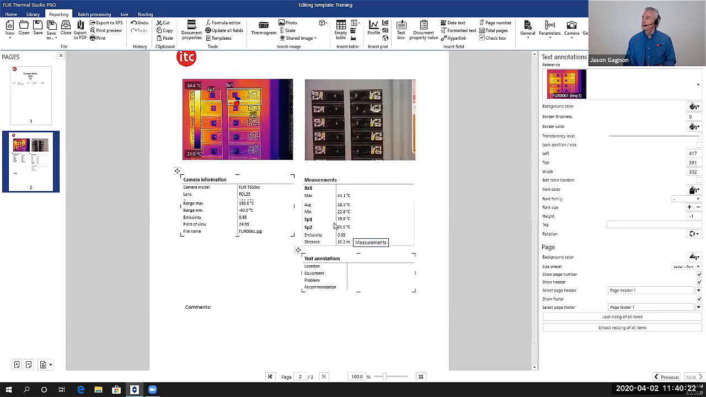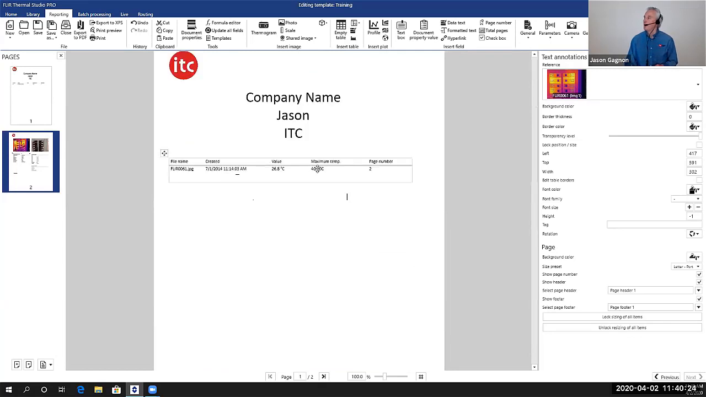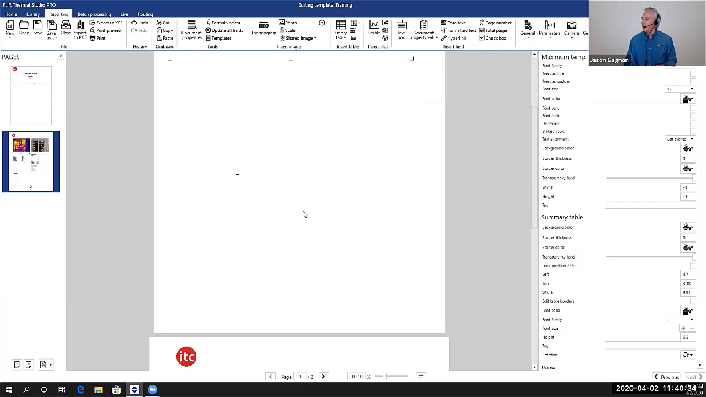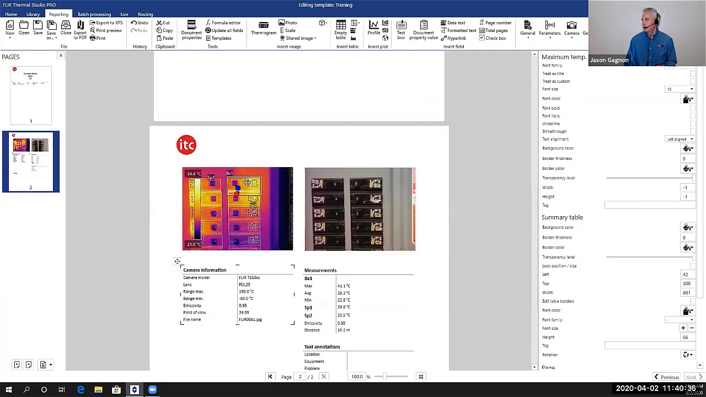Well, actually, before we do that, let me go up here. Let me alter this slightly and remove the maximum temperature column. And we can add, what do we